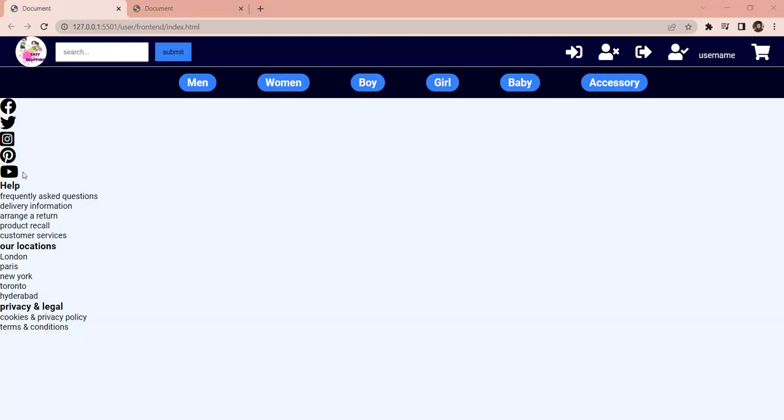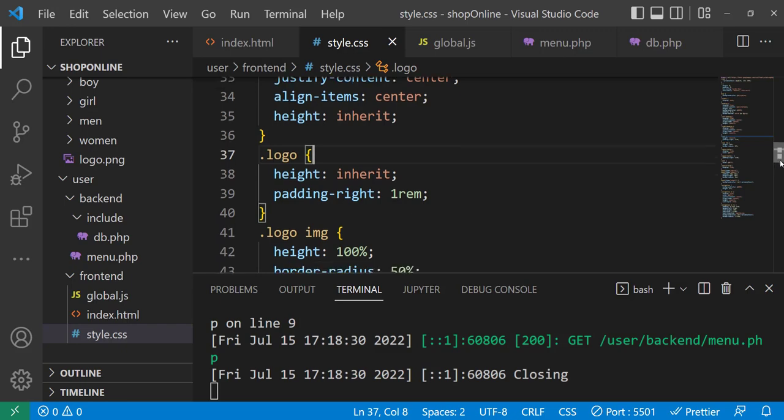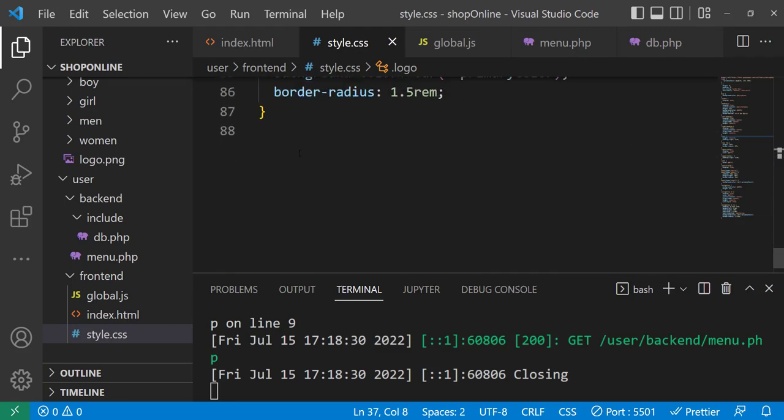So the first thing that we need to do is bring all of these icons into a single row, and likewise for these three divs in the second child, we again have to bring them into a single row. So that means we have to define display property flex for both of these children of the footer. So let's go down, and since we are starting styling for the footer section,